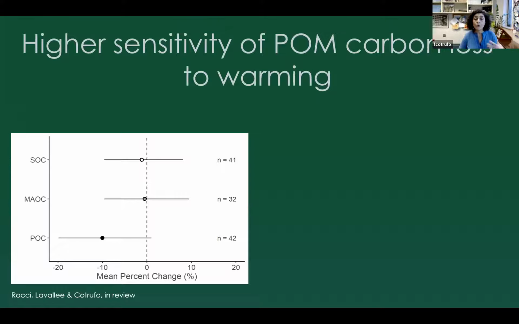If the planet warms, soils will turn over faster and lose more carbon. But actually, what Katie found in this meta-analysis is that the POC is what is sensitive to warming, whereas the MAOM, because it's mineral protected, is actually much less sensitive. And so separating those fractions can really help us disentangle the effect of climate change and other changes on